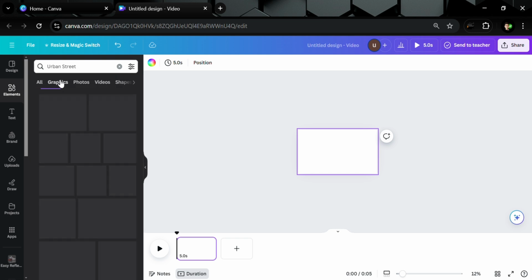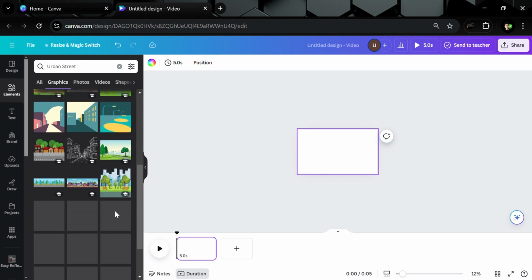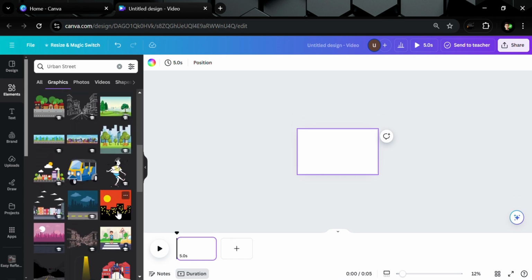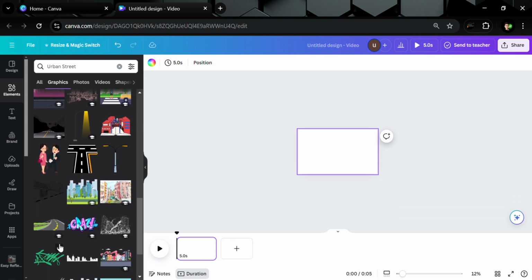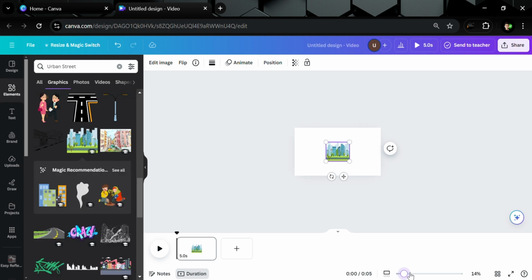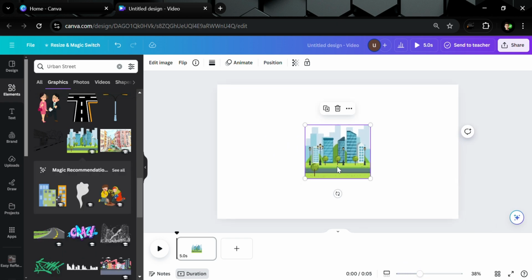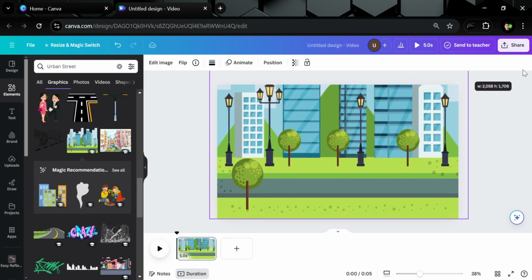After that, go on graphics section and take one image from here like... wait, I'm selecting. Okay, so I am taking this one. Okay, after that, increase the size of the image